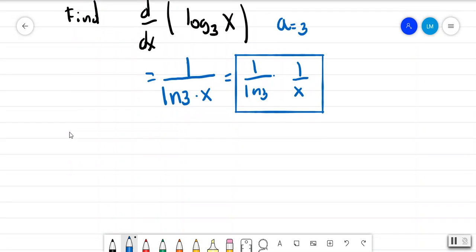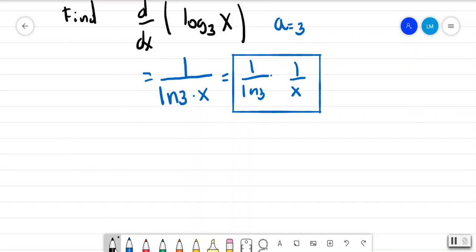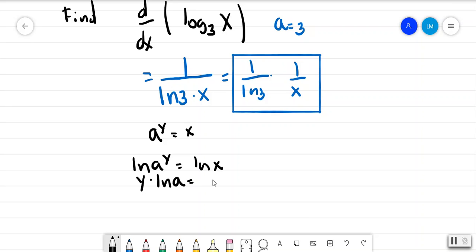Now, because I didn't really show what the derivative of the power function was, I'd like to just take a step back and look at it again. So for instance, let's say that you did have a to the y equals x. You can say that ln of a to the y equals ln of x, and now you have that this will be y multiplied by the natural log of a equals the natural log of x. When you differentiate on both sides with respect to x,